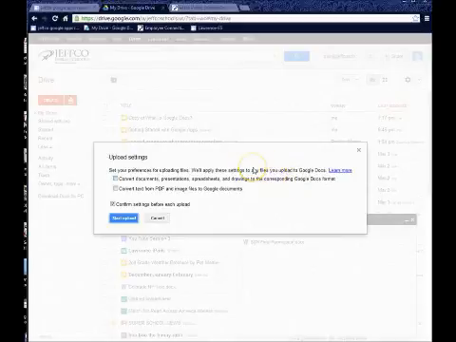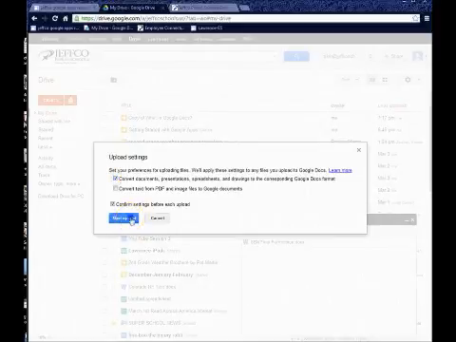The next step is it will ask you if you want to convert your documents to the Google format, or if you want to keep them as a Word document. The advantage to using them in a Jeffco Docs format is that because it's living within Google, it's sometimes a little easier to manage. Another advantage is that we have 5 gigabytes of storage space, and if you convert the document to Google Docs format, it doesn't take up any of that storage space. So I'm going to go ahead and convert